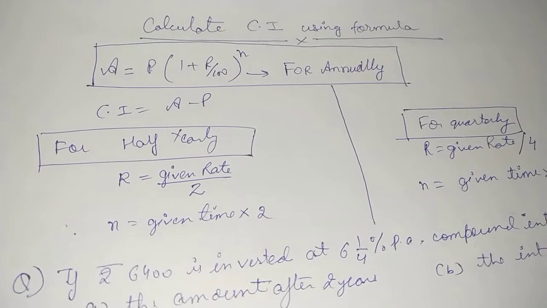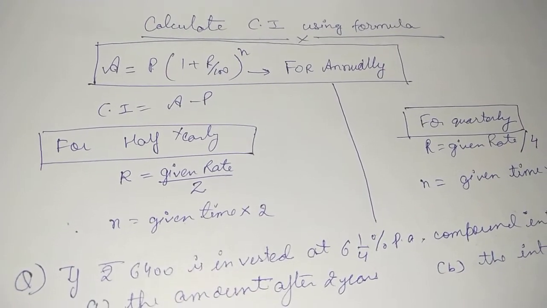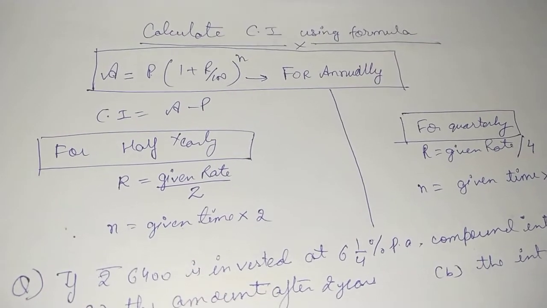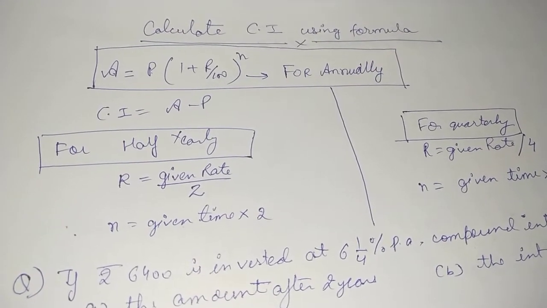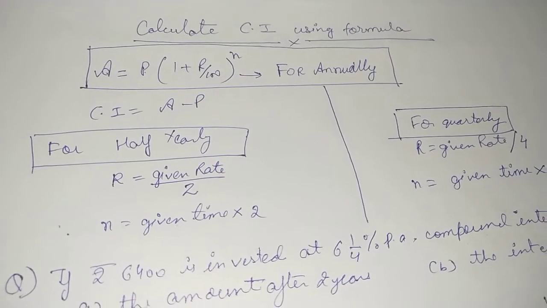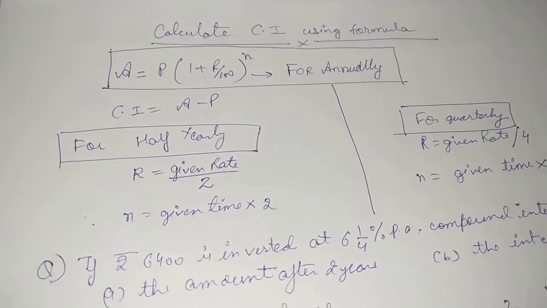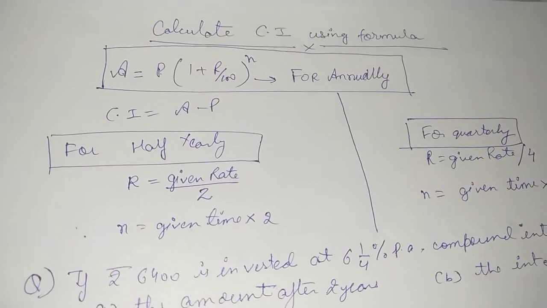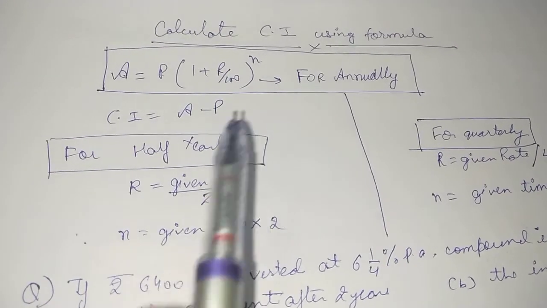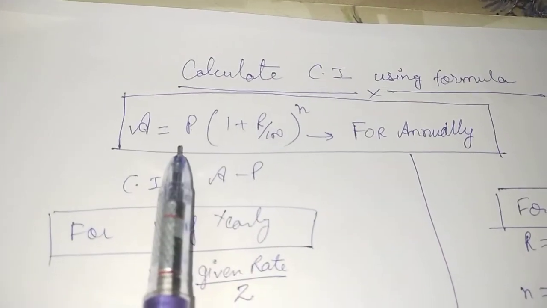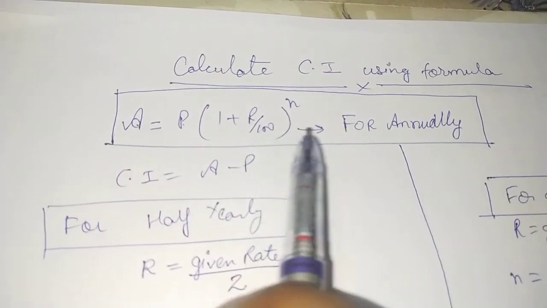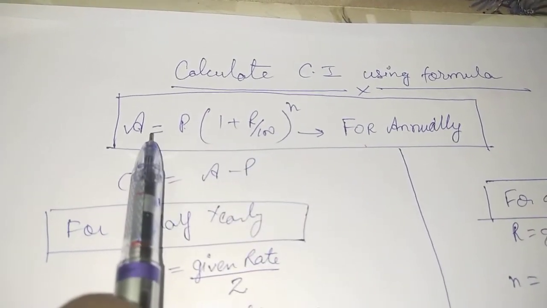In the previous video we have already discussed how to calculate the compound interest using the simple interest formula, P into R into T upon 100, and we were able to calculate for each of the years one by one. Now that was somewhat of a hectic process where we had to calculate the value of the interest every year. So to cut short that, we now have a formula, that is, amount is equal to P into 1 plus R upon 100 to the power of n, where we can directly calculate the compound interest.